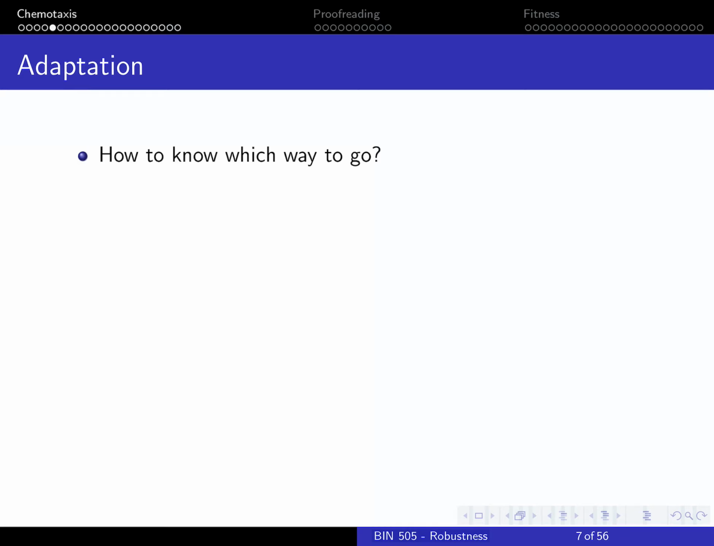So how would you design a system, a bacterium, that could sense a gradient, the change of concentration as it moved? So the obvious